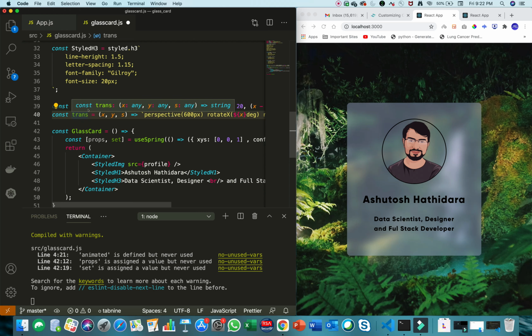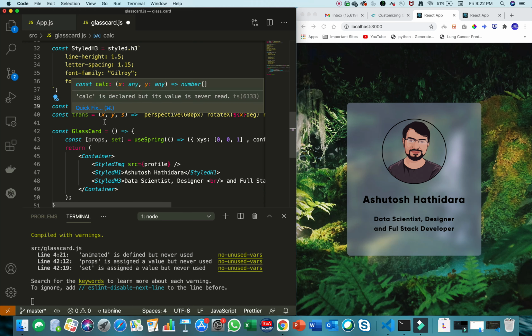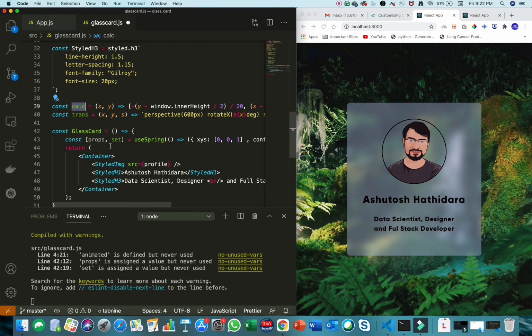They have very different kinds of examples on their website. There they have also given this kind of function. So this calc function will give us the exact interpolated parameters of our animation. Let's say in the beginning of the animation, our xys parameters are 0, 0 and 1. By passing these parameters into this calc function, it will return the new parameters which our animation will have, and those parameters will be assigned to the movement of this container. So that's how our animation would work.